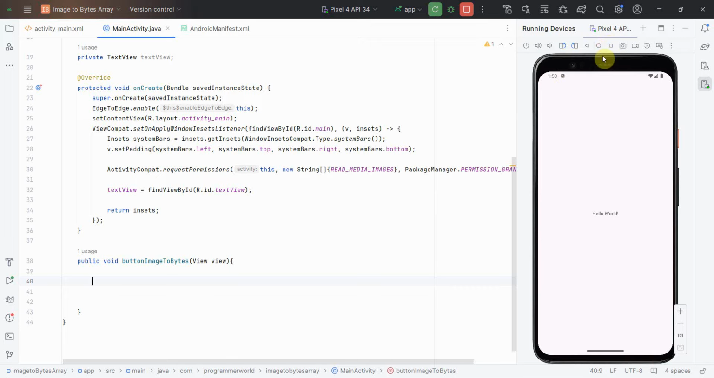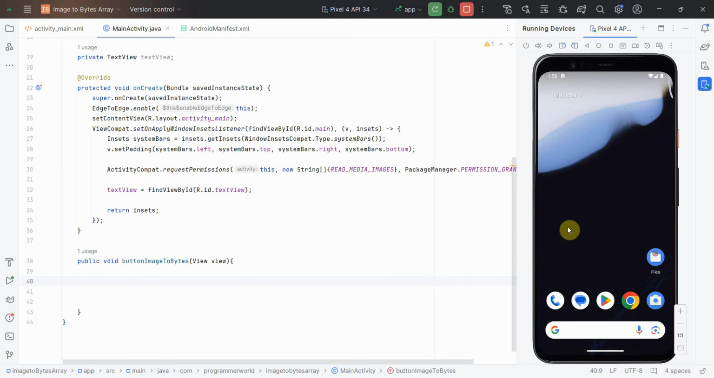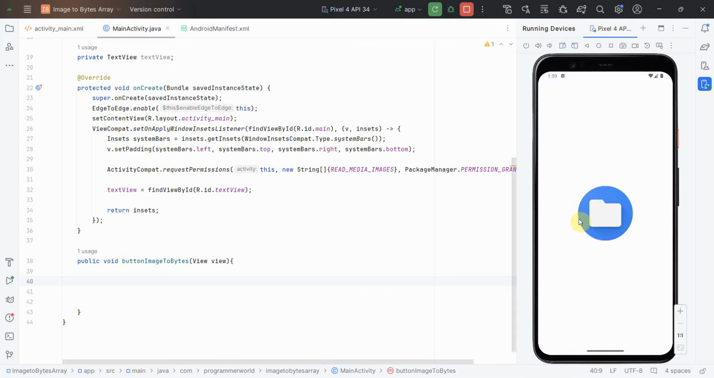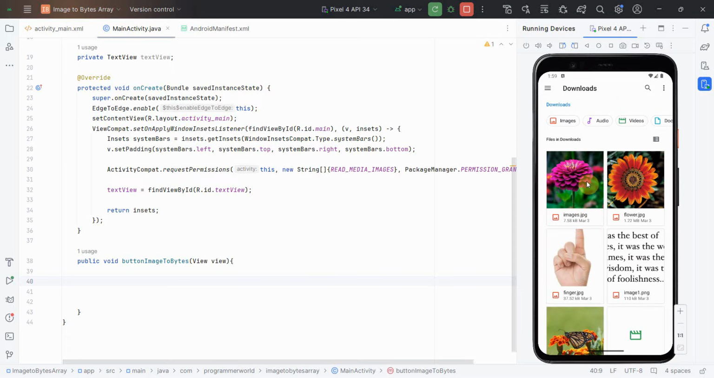So I'll do one thing. I'll first go to the emulator, go to my files, and over here in the downloads folder I have a few files, right? So I can just try with the images.jpg file. That's what I'll probably try. So let me come back